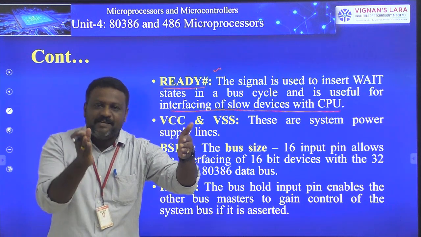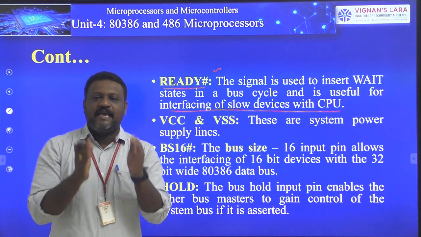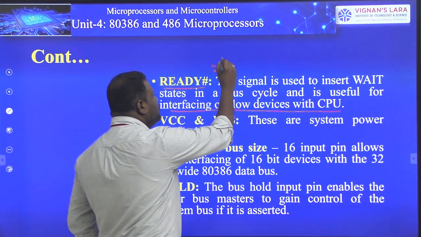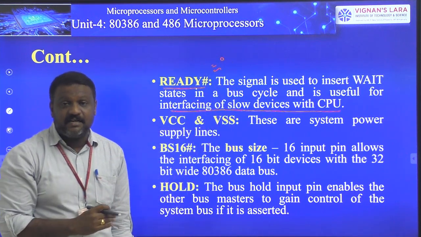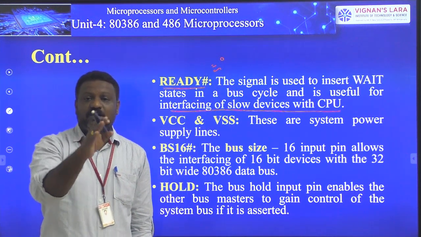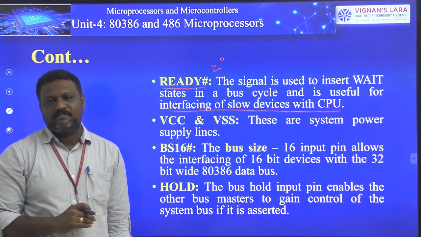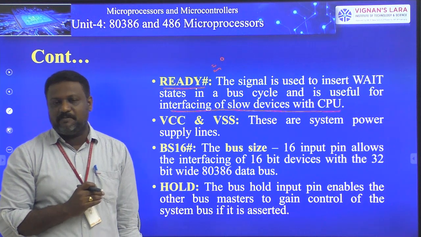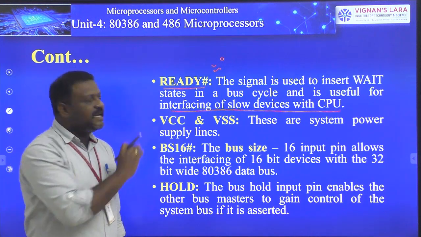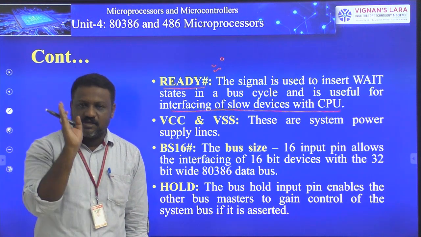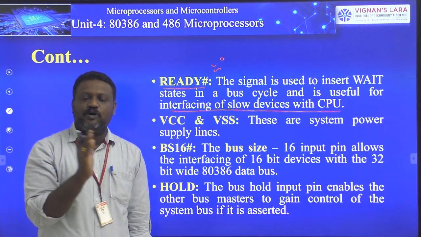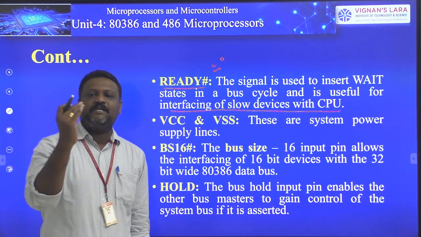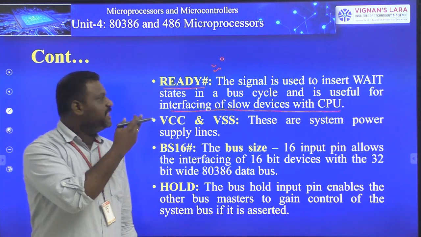Once the processor speed is equivalent to the I/O device, the same I/O device can change the logic level of the ready signal from 1 to 0. That indicates that some external device is ready to communicate with the CPU, because at that instant the I/O device's speed is equivalent to the CPU speed. So this is a very important signal, friends. This is always used by slowly operated peripherals. That means if I want to interface slowly operated peripherals with my CPU, I take the help of this ready signal.